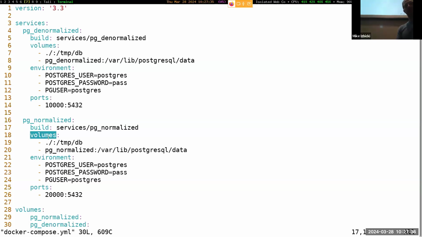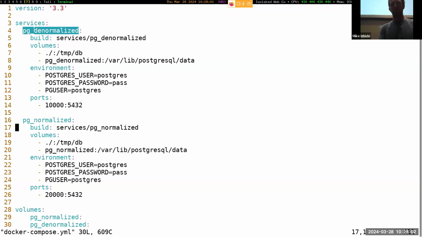So this is different than the Pagila assignment. Pagila did not have volumes. These databases do have volumes. And recall that the volume is used to make our data persistent, so it does not leave when the containers are brought down. And so you will have to, as you are debugging things, if you've ever inserted the wrong data into the databases, not only will you have to bring the volumes down, but you'll have to actually